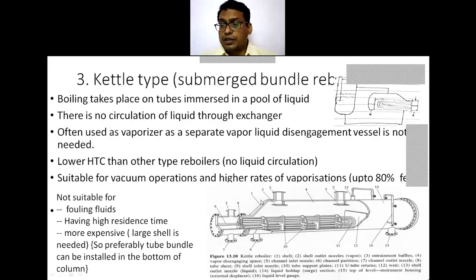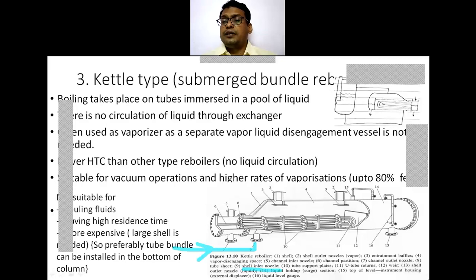coming from here. This 9 is nothing but the shell inlet nozzle. The fluid is coming in this direction into the shell side. Through the tube side, it's the steam that is there. 5 is the channel inlet nozzle. So in this, the steam will enter, and the tubes will be filled with the steam, and you are supplying the bottom product of a distillation column in the shell side, so that this bundle, tube bundle,